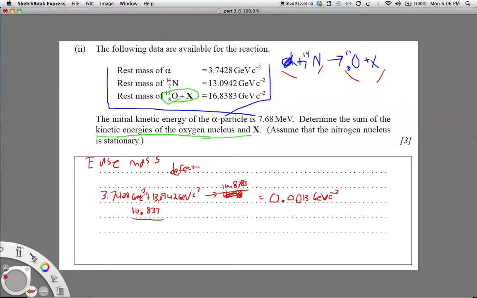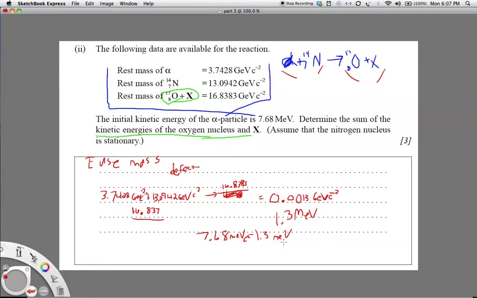Now, the products actually have energy because there may have been energy left over. So 0.0013 giga electron volts actually equals 1.3 mega electron volts. Okay. If I take 7.68, which is the amount of energy that the alpha particle had, in mega electron volts, and I subtract 1.3 mega electron volts, times c squared,